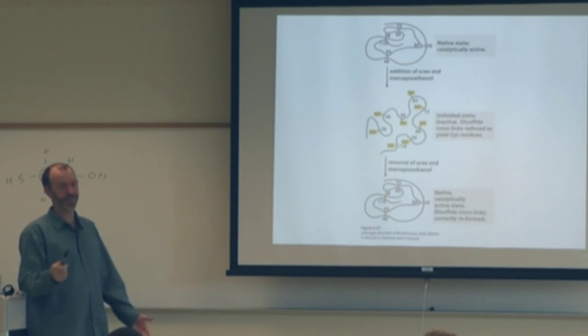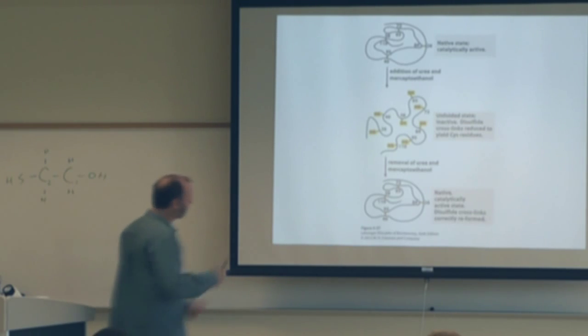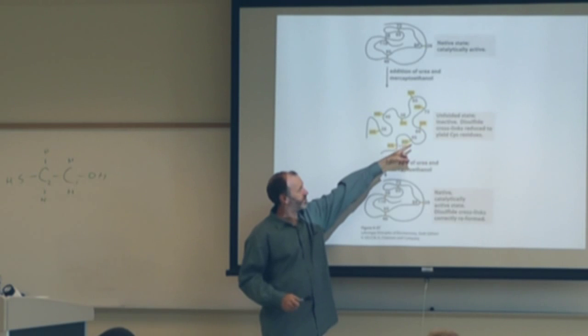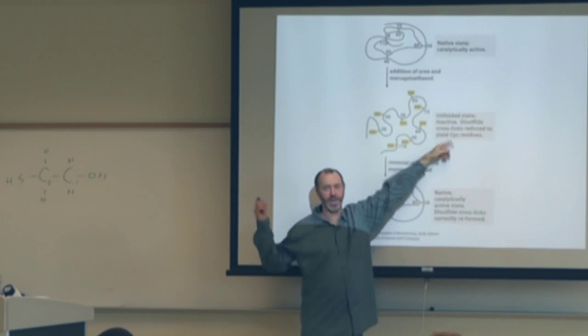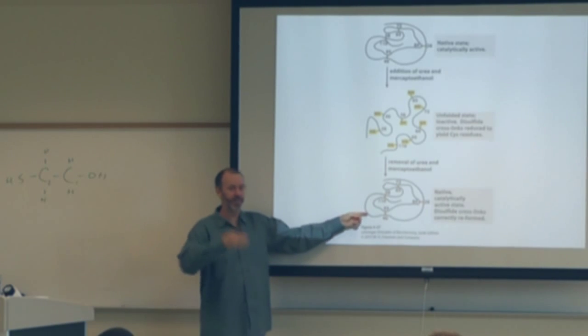You could do it that way, but it's way easier if you strain it this way. Dialysis. So you dialyze away the urea and beta mercaptoethanol, and it'll spontaneously refold, and that'll have activity